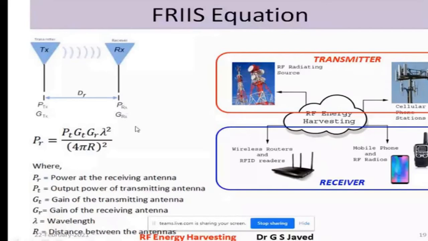So the Friis equation, or the Friis formula, for the received power at the receiving antenna is given as a product of the transmitted power multiplied by the gain factors of the transmitter and receiver over 4 pi r, or what you could say the spherical spread over the radius, or the distance between the two objects. So here r shows the distance between the antennas,